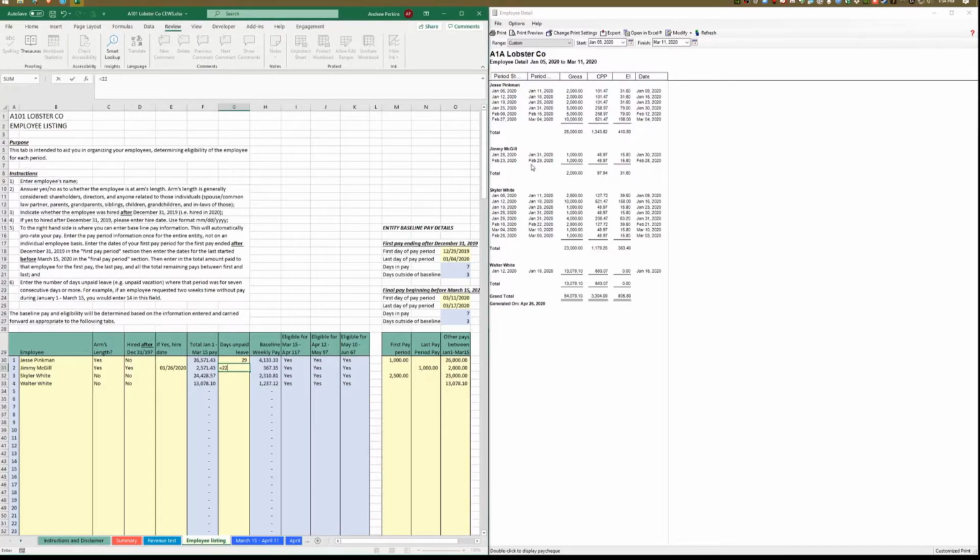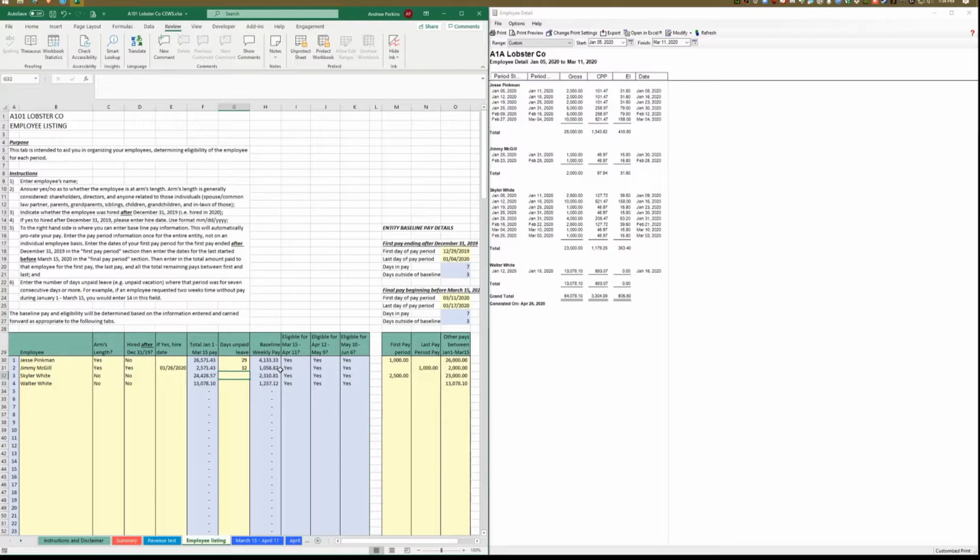He then worked the 23rd to the 29th, and then he did have a closing pay period that started on the 11th. So he went March 1st through March 10th with no pay. So that's an additional 10 days. So that gives us 32 days of unpaid leave for Jimmy. So you can see that increases his baseline to